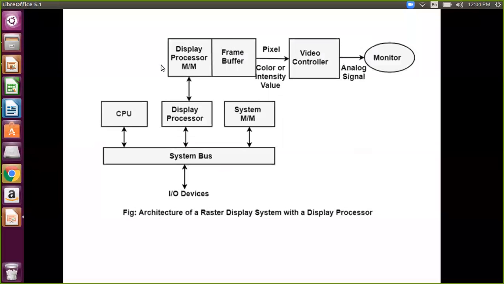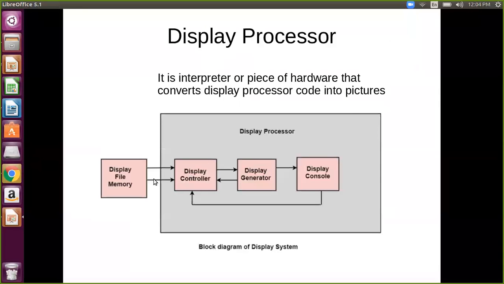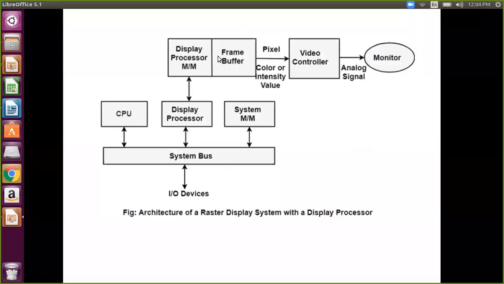This is the display processor, display controller, and the frame buffer is also in this display processor memory. You have four parts: display memory, display controller, display generator, display console. So the display controller is connected in this. It is completely four components in one. This display processor and display memory is completely one portion.